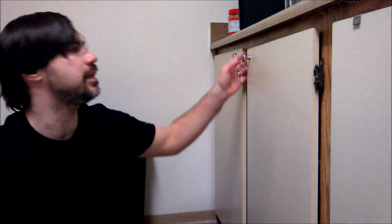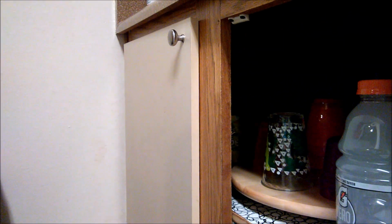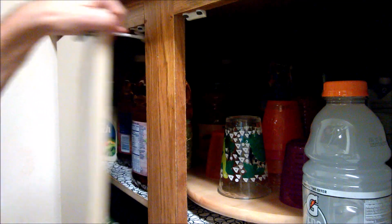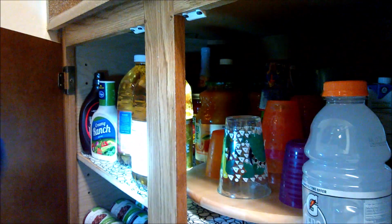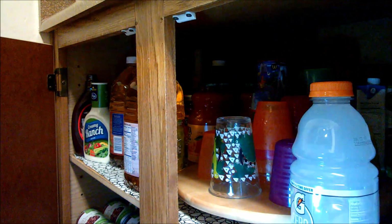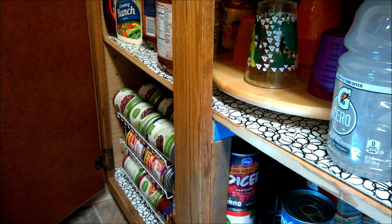Hi guys, I'm sitting down here on the floor in front of the cabinets where we keep our food, like our chicken noodle soup, our canned goods, and boxes of macaroni and cheese and such. And it's such a pain in the butt to find what we need in here because it's so deep. It goes so far back, and things get shoved down in there. We've tried a few things to try to